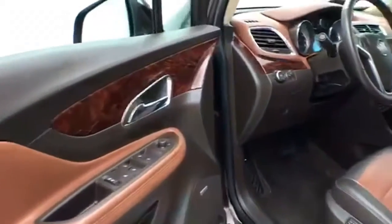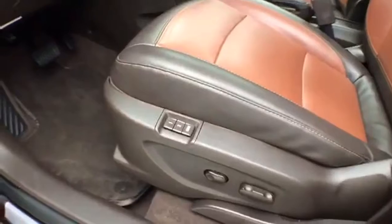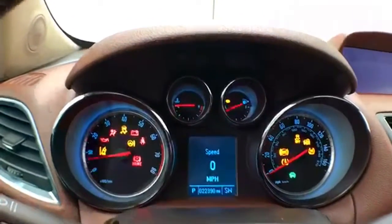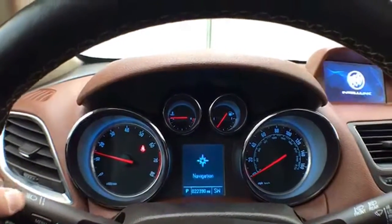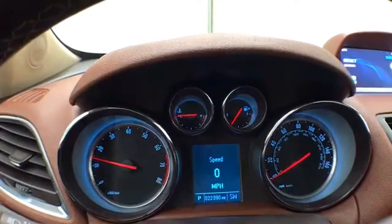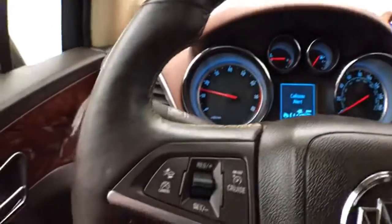This Premium has keyless entry with remote start, power windows, locks, mirrors, power seats, with memory settings for 2 drivers, power moonroof, readable gauges with driver information system. This Encore has advanced safety features like forward collision alert, controlled by buttons on the steering wheel, cruise control, steering wheel mounted audio controls,